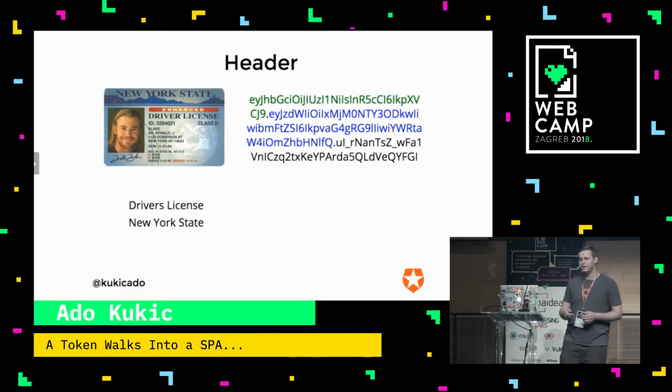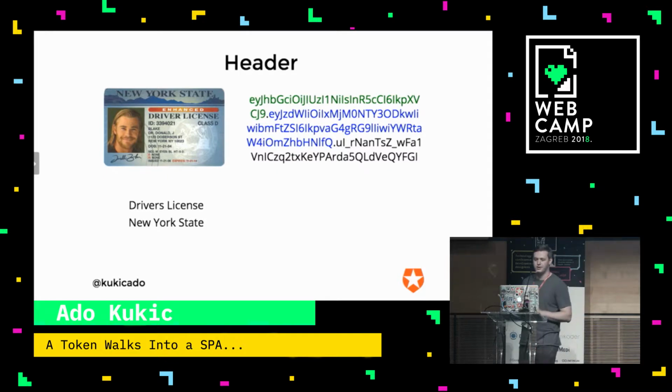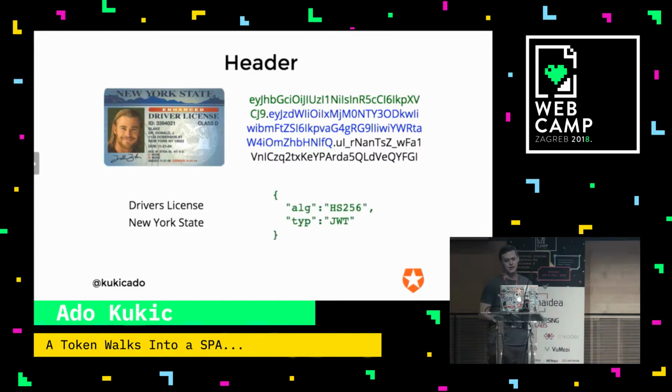If we look at our header, the header is this first part in green starting with EYJ and then ending in CJ9. So that's our header. And for any of you that have worked with base64 encoding before, this is a base64 URL encoded string that if we were to decode, we would get a JSON object that has